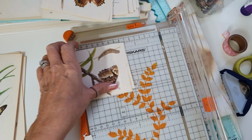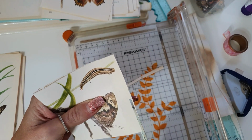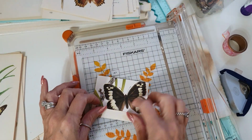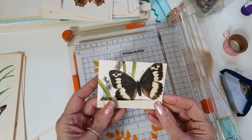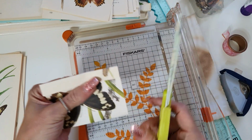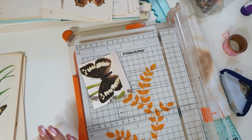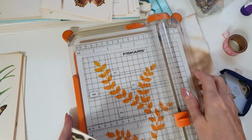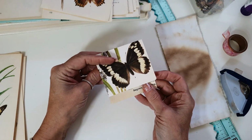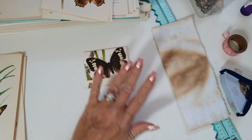Oh gosh, my blades are not liking this paper. Like that. I'm going to cut this down a little bit. And you can make like these little matchbook little things. Right, so all that basically is a piece, one of the pages folded in half, and then you just cut it down to size, make this bit a bit shorter, fold that over, and then what we can do is